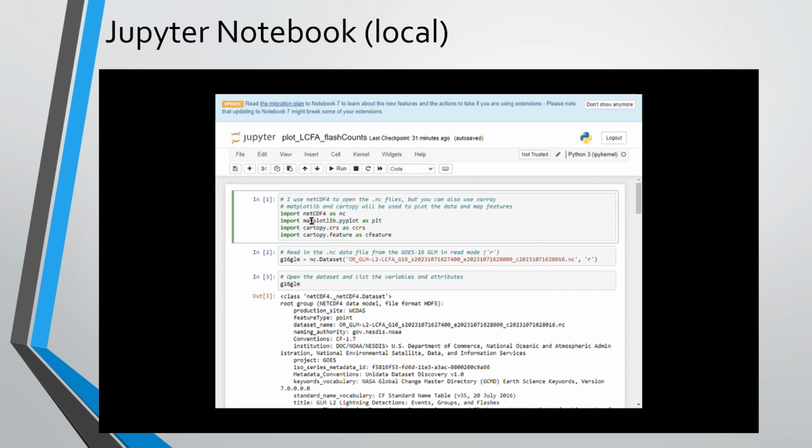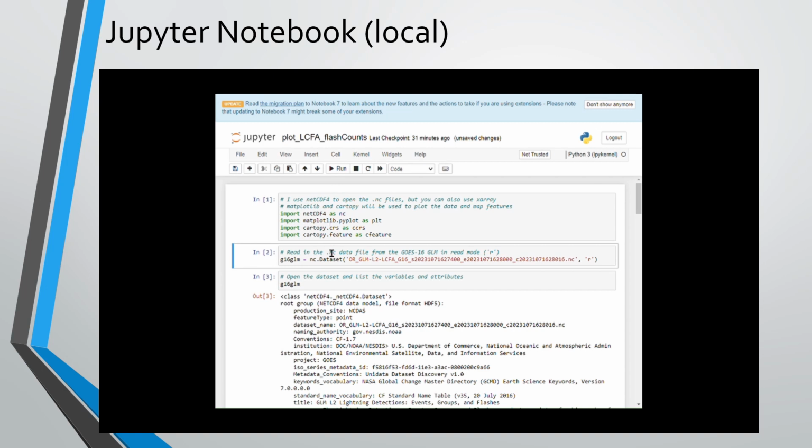In this case, we only need 3 Python packages. That's going to be netcdf4 to open up our netcdf file, and then matplotlib and cartopy in order to plot our data on a useful plot and map. So if we run this, all you have to do is click this run with a play button here in the top center,